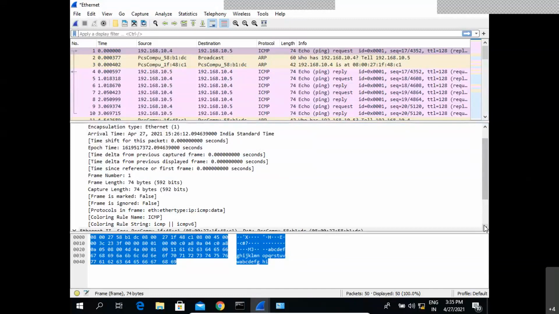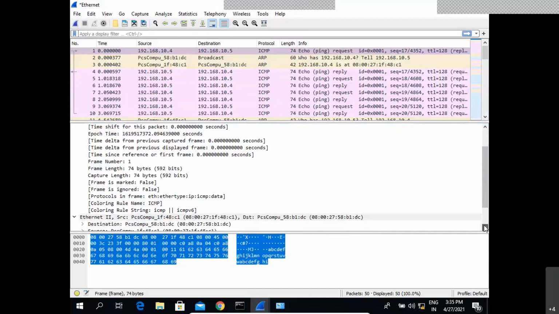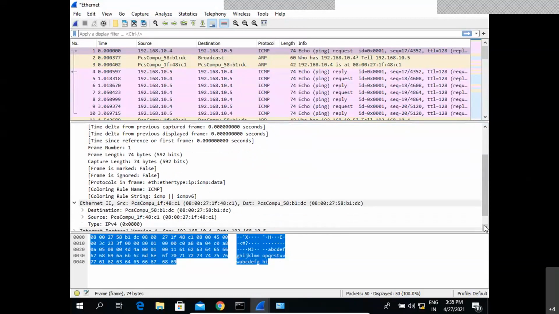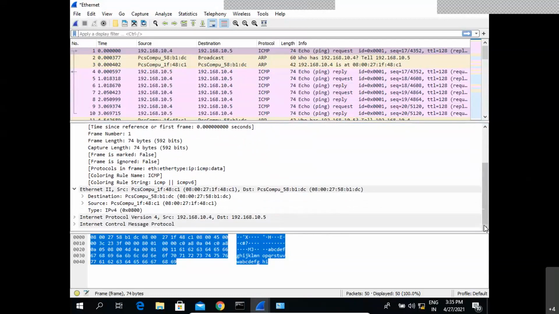The next part is the actual Ethernet layer, because the communication standard we use in our day-to-day life and in current scenarios is the Ethernet standard. And we already know that the Ethernet standard uses a frame length of 1500 bytes.